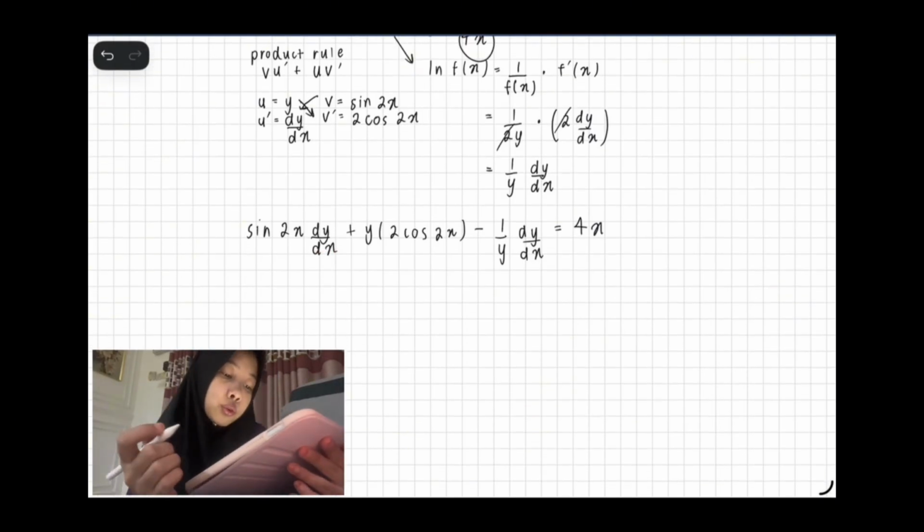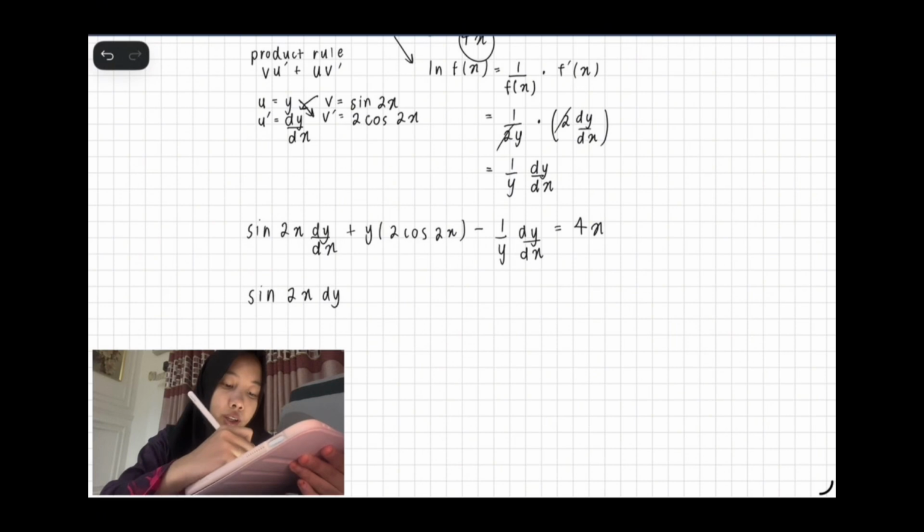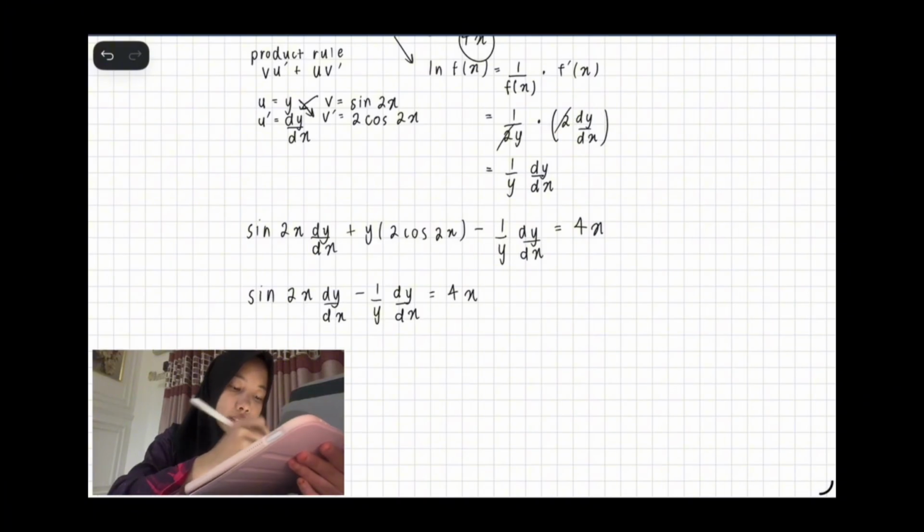Then we collect all the dy/dx terms together, so it becomes sin 2x dy/dx minus 1 over y dy/dx equals 4x minus this, which becomes minus here, and then this you have to